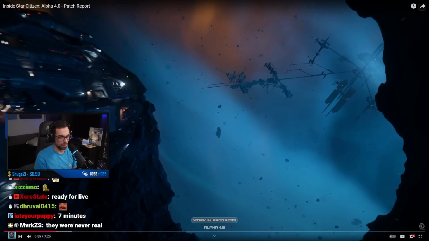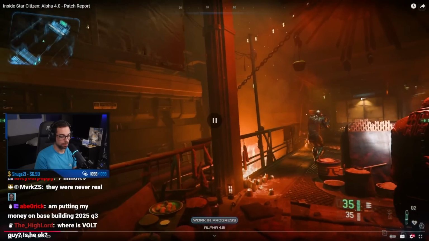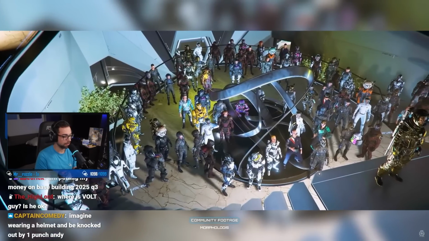It's hard to pick the most important element of Star Citizen Alpha 4.0, but any conversation must start with the arrival of server meshing. The underlying technology that will